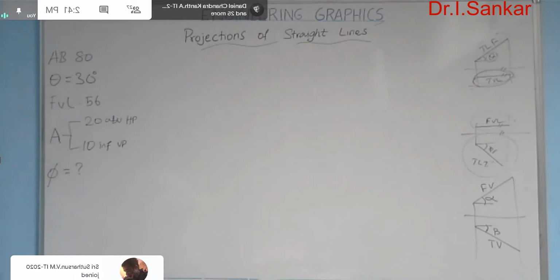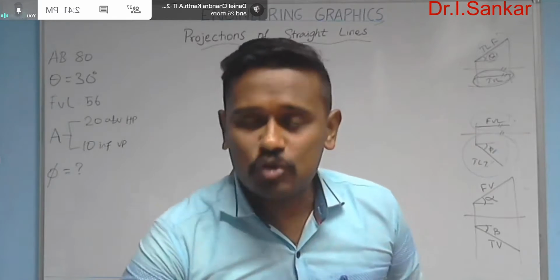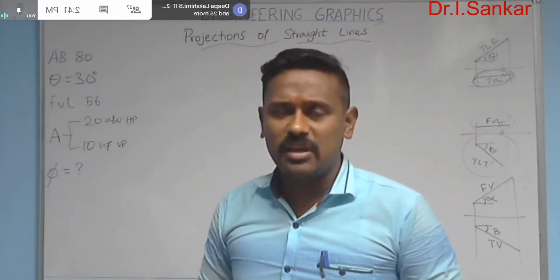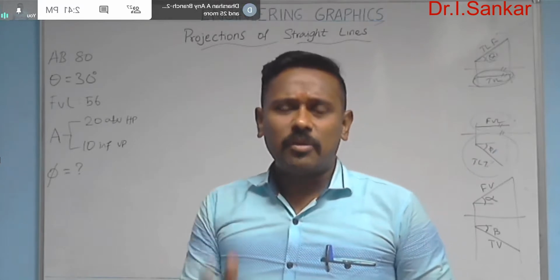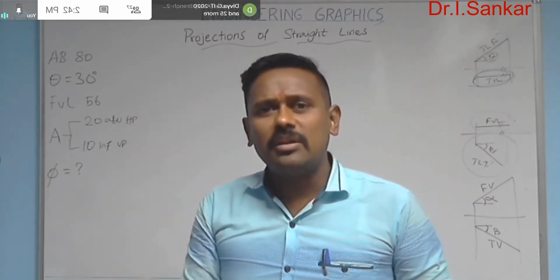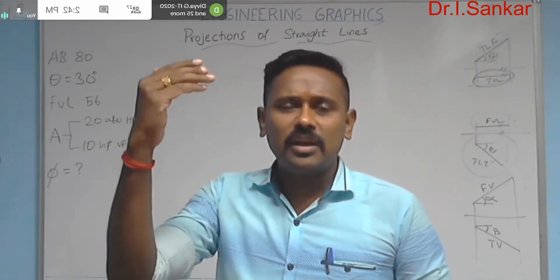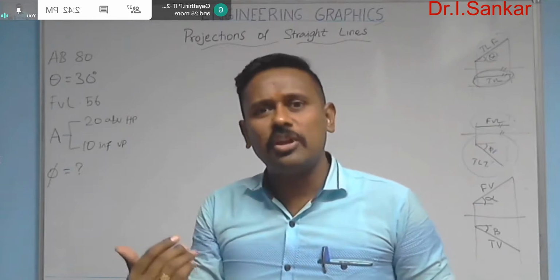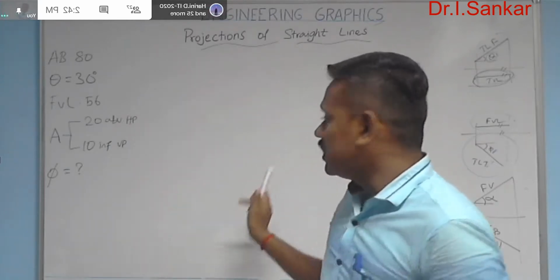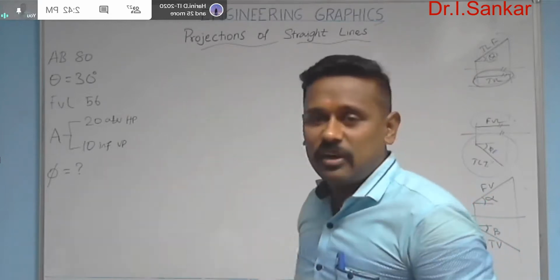Draw the projections and find the inclination to VP, that is phi, which you need to find out. You need to draw the front view, top view and all other lines and angles in the front view and top view areas. In double inclination straight line problems, the front view contains 3 lines and the top view also contains 3 lines. In addition, 4 angles: in the front view area, theta and alpha; in the top view area, phi and beta. You have to furnish these in the answer using the data given in the question.